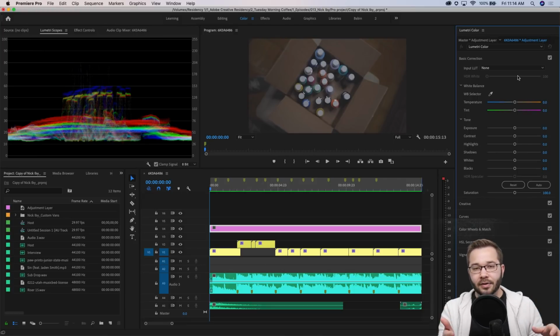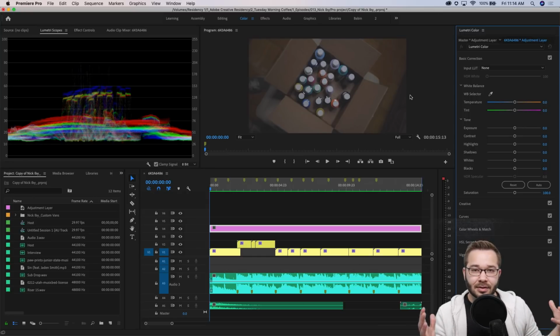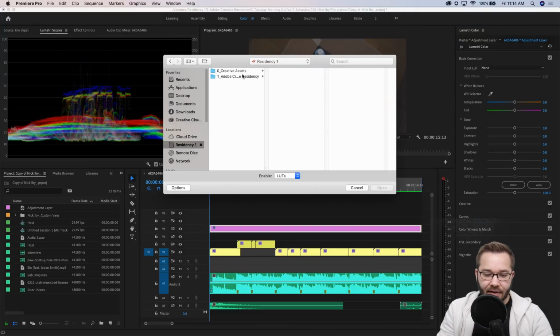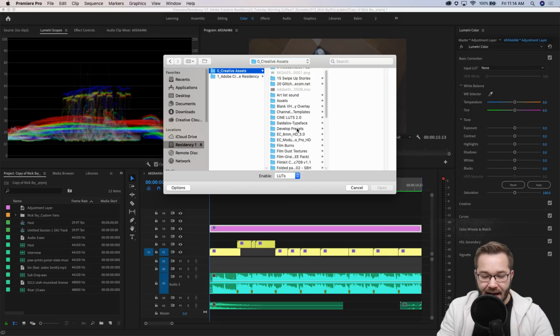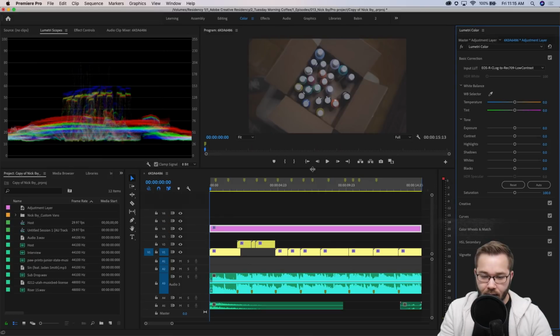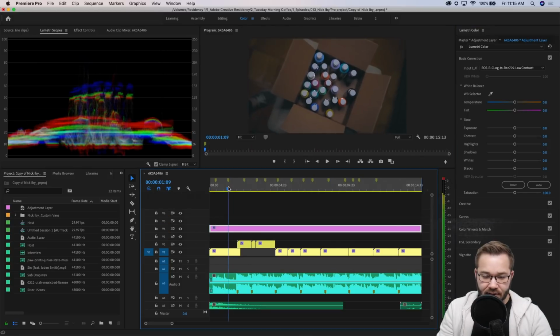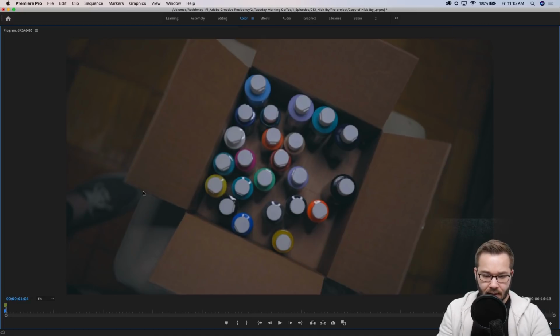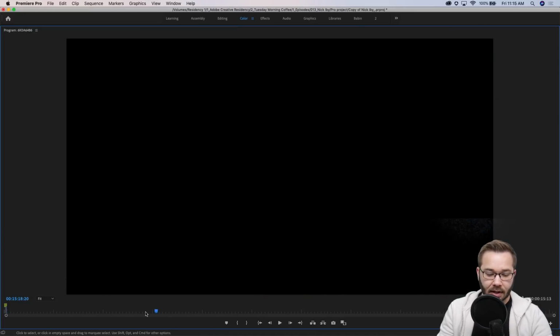What that means is all this footage was shot in Canon C-Log. That's why it's very flat and kind of gray and washed out. But I do this so I'm able to capture as much dynamic range as possible. And what I want to do is get the footage looking back to normal. So we're going to go browse, and in my creative assets folder, I have a whole bunch of LUTs saved in here. There's one particular LUT I want to add on. And you can see quickly, if we expand here, the footage looks back to normal again.